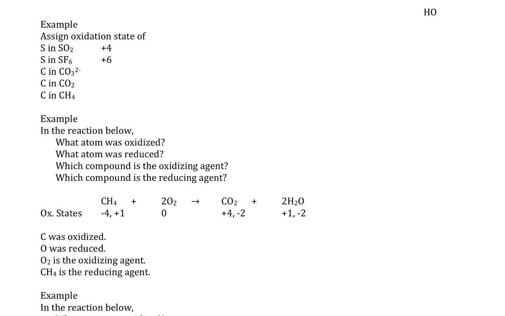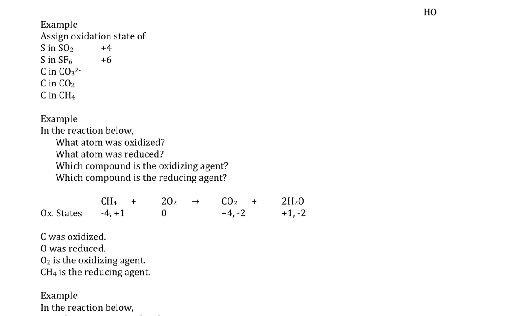state of +6. Carbon in CO3 2-, so the 3 oxygens, each one -2, so the 3 of them -6. Now that overall polyatomic ion is -2. So what we have is -6, -2, so that carbon must be +4. So carbon +4, oxygens, the 3 of them, -6, that gives the overall charge -2. So carbon here has a +4